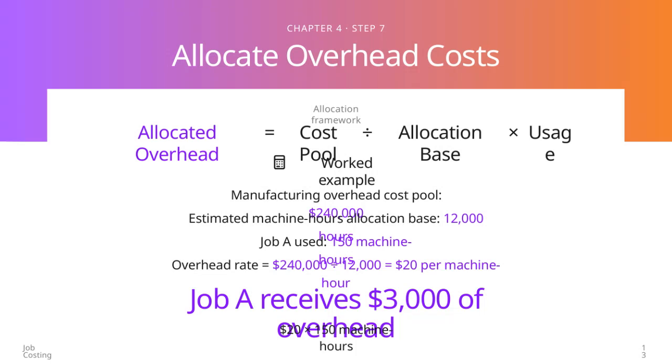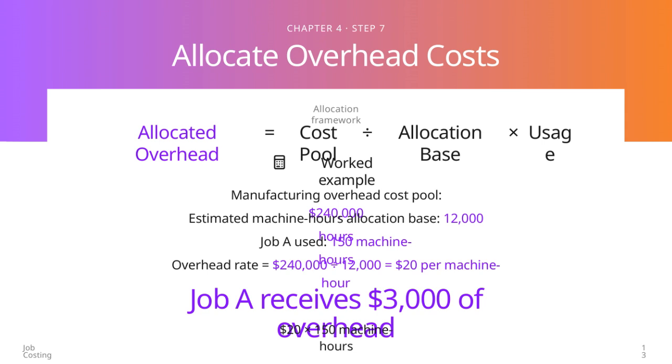Now, let's walk through the process of allocating overhead costs using a practical example. We start with the total manufacturing overhead cost pool, which is $240,000. This represents all the indirect costs we need to distribute. Our allocation base is estimated machine hours, totaling 12,000 hours. To find the overhead rate, we divide the total overhead cost by the total machine hours, giving us $20 per